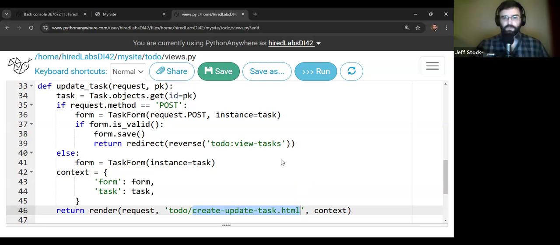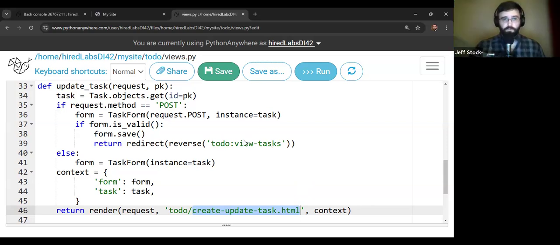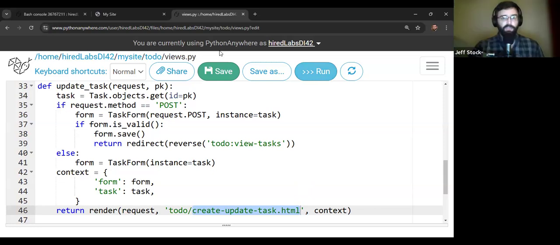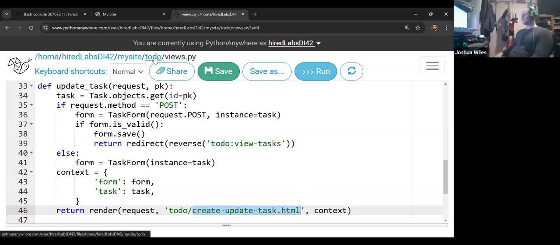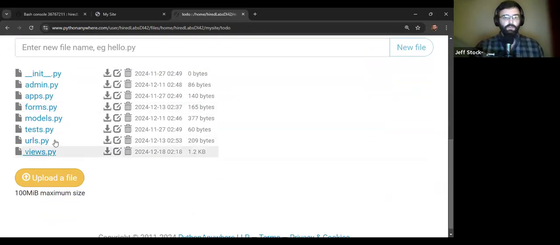Cool. All right. So where do we go from here? We've written our view. What's the next step in our 4-step process? We do views, then what? Make a path. Right. Make a path in our URLs. Very good. So we go to do URLs,